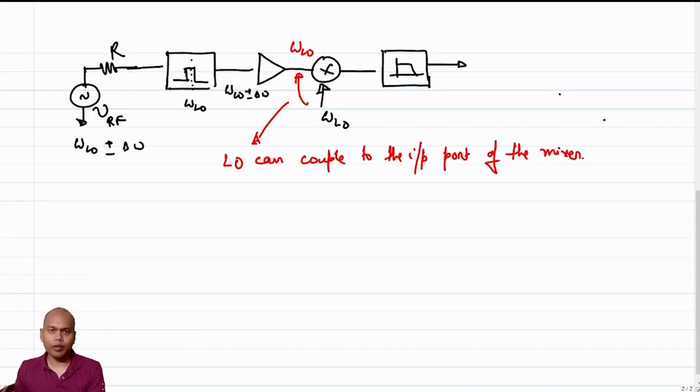Now there is no way for the mixer's input port to isolate between the desired signal at omega LO plus delta omega and the omega LO that is getting coupled through, right? So the mixer cannot distinguish